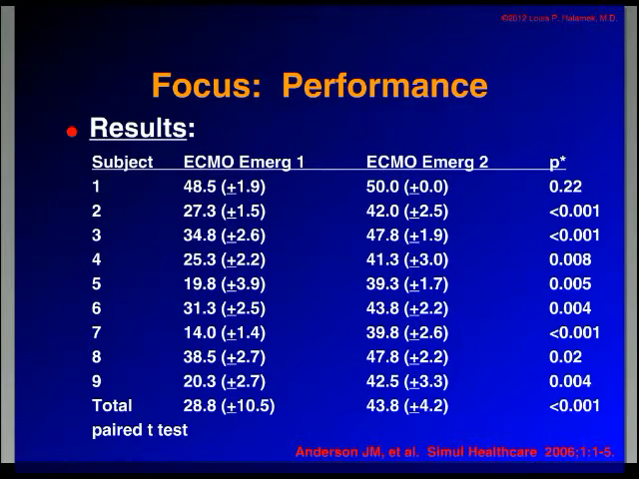One person in this instance, subject number 1, the reason why we think this person did not show any statistical significance in scoring and behavioral skills is that he performed at such a high level in emergency 1, getting 48.5 out of 50 possible points on the scoring tool, and he scored a perfect 50 during the second emergency. He really didn't have much room to improve, but everyone else improved significantly, and overall certainly there was statistically significant improvement. And so we looked at both technical and behavioral skills, and in conclusion,